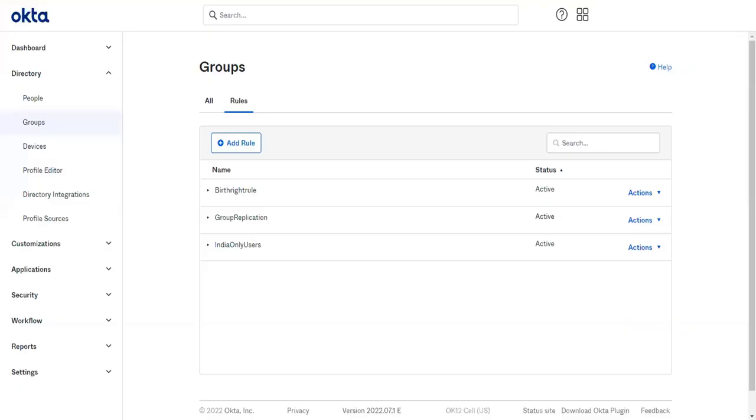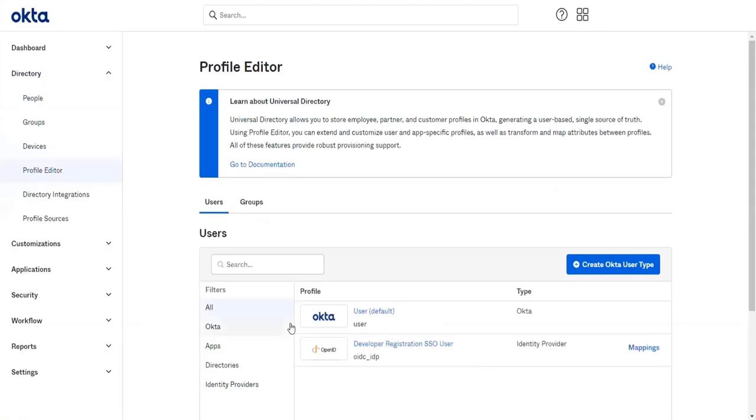So let's see how we can do that. Under Directory, you can see an option called Profile Editor. Go to Profile Editor, and here you can see an option called Okta User. We are going to change the Okta Mastered User Schema.